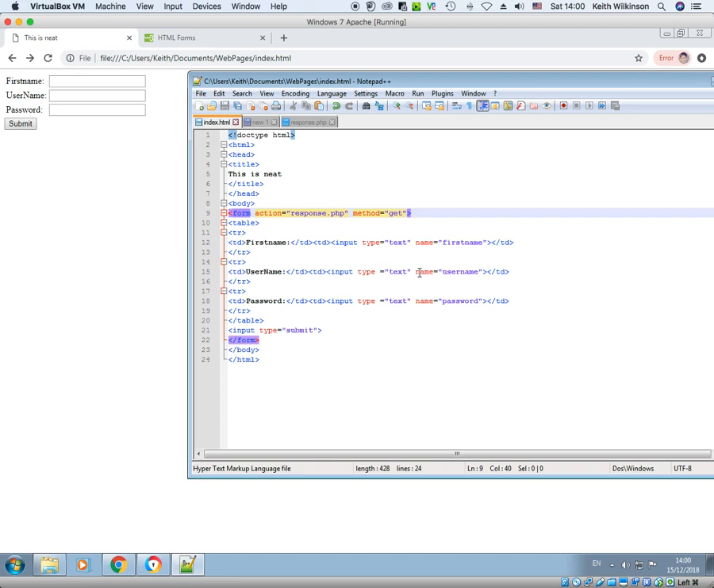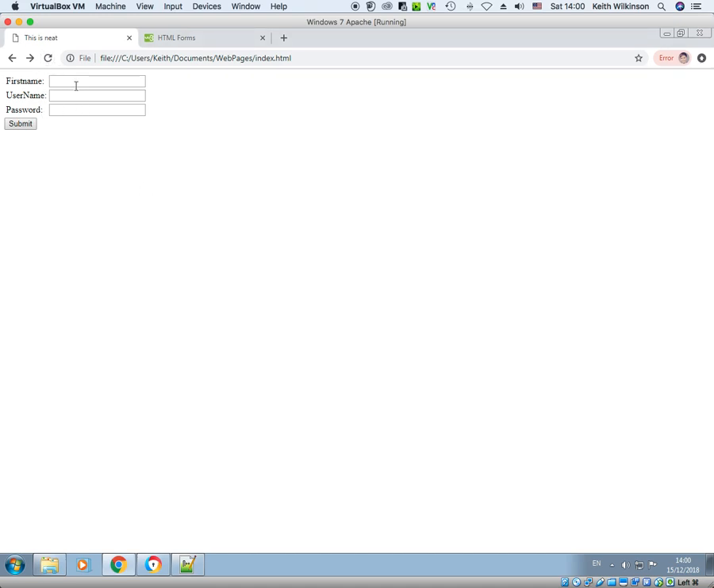If you remember, we did that with target equals blank. I think we can do that here, and I think this one is underscore blank. Save that, refresh the page, and submit, and there we go. So that's kept my original page open with the data, and it opened up the new page